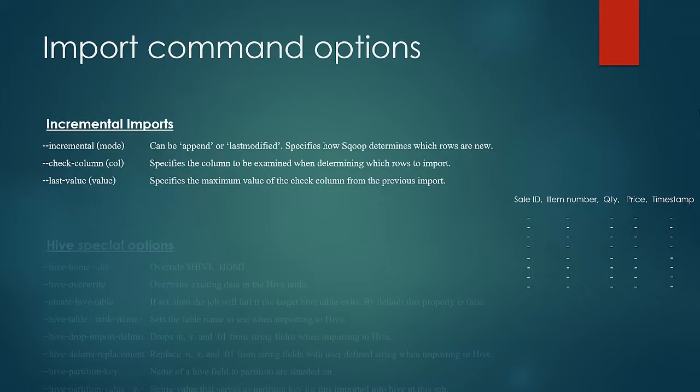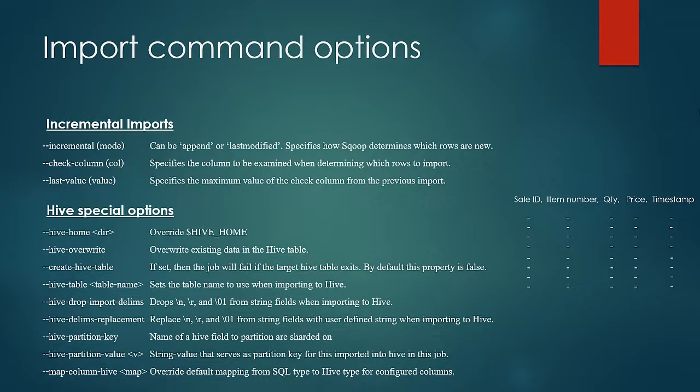Then there are these special options related to Hive imports, which control the various Hive options such as specifying the Hive installation, specifying the directory in Hive warehouse, control over delimitations, and control over partitions, and so on. I have attached a document along with this lesson for a quick referral of these options. Please go through it once. In the next lesson, we would see a few commands in Sqoop to build a little more understanding about the import commands in Sqoop.